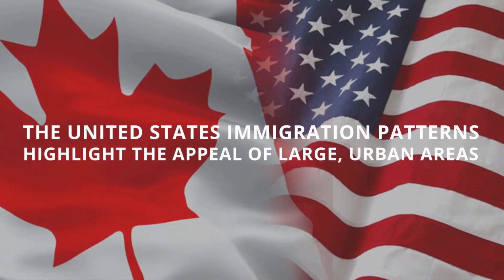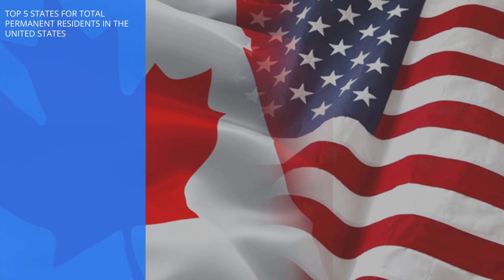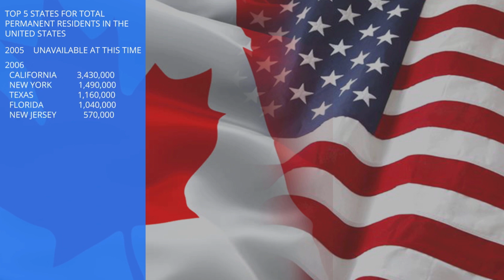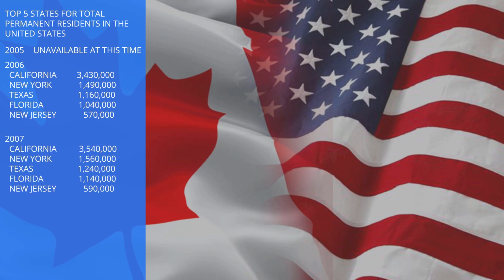The United States immigration patterns highlight the appeal of large urban areas. Top 5 states for the total permanent residents in the United States. 2005, unavailable at this time. 2006, California, 3,430,000. New York, 1,490,000. Texas, 1,160,000. Florida, 1,040,000. New Jersey, 570,000. 2007, California,